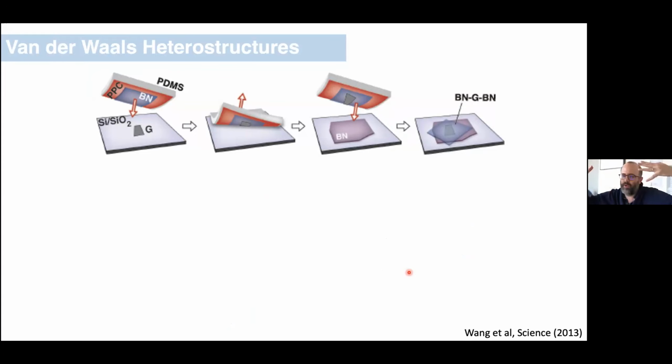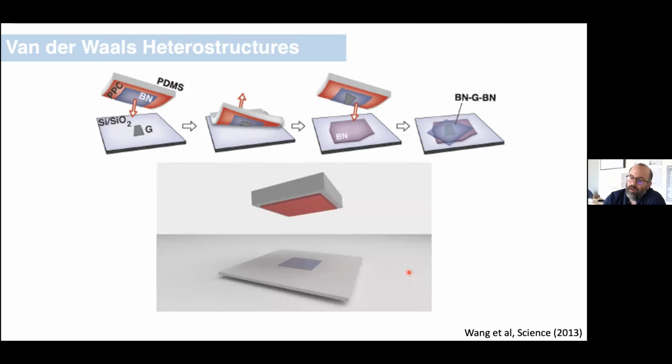Then we can pick that boron nitride up, and we can press it, like a stamp, onto another 2D material. And the amazing thing here is that even though the van der Waals forces tend to be weak from a bonding perspective, they can be strong enough that we can pick and peel these materials one after another and build up a stack in a cartoon way, as I just described. So here's an animated version of what that looks like.